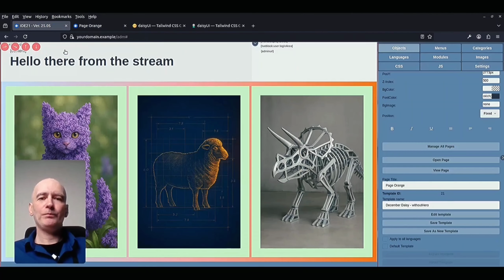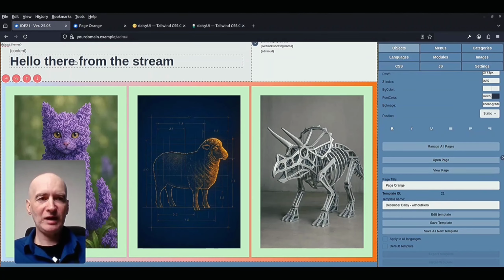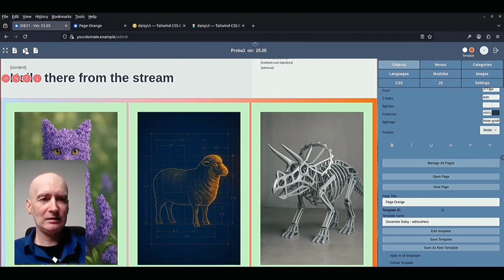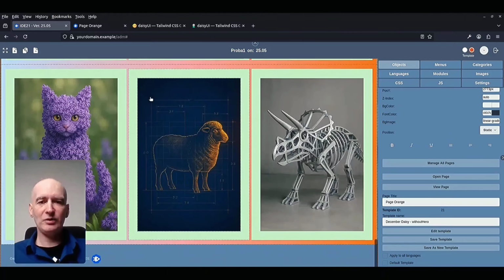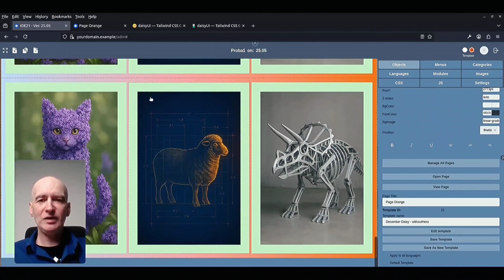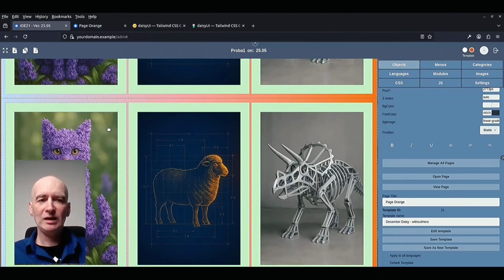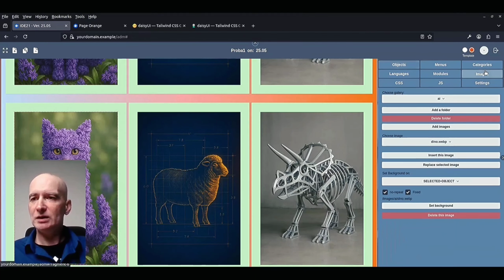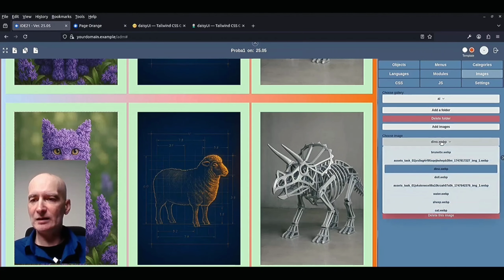As we created this section, we can also clone this section to have another section like this. So I will just select it and hit clone, so you can see that we have now 2 sections with 3 images. Now I want to replace this image, and I will double click on the image and then select the image that I want to put.